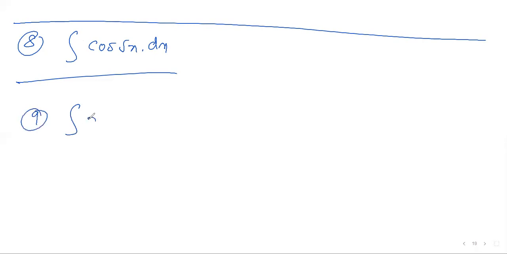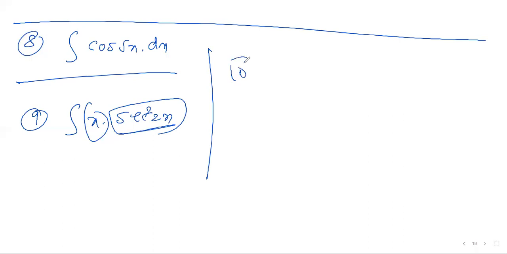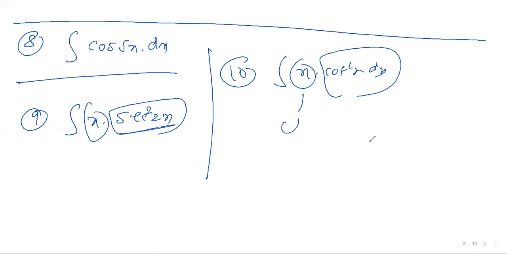The 9th one is x into secant square 2x. So you can take u as x, v as secant square 2x. Okay. Yes, sir. Similarly, the 10th one also is homework: integration of x into cot square x dx. So x you can take as u, the entire other thing you can take as v. Okay. Yes, sir. So next level, what is the next question now?